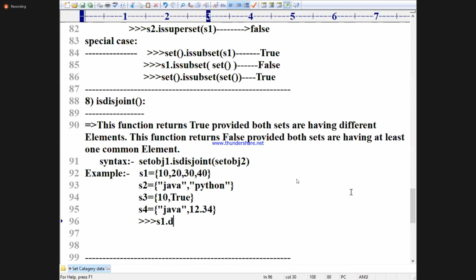S1 dot isdisjoint of S2. Answer I want. You write it.